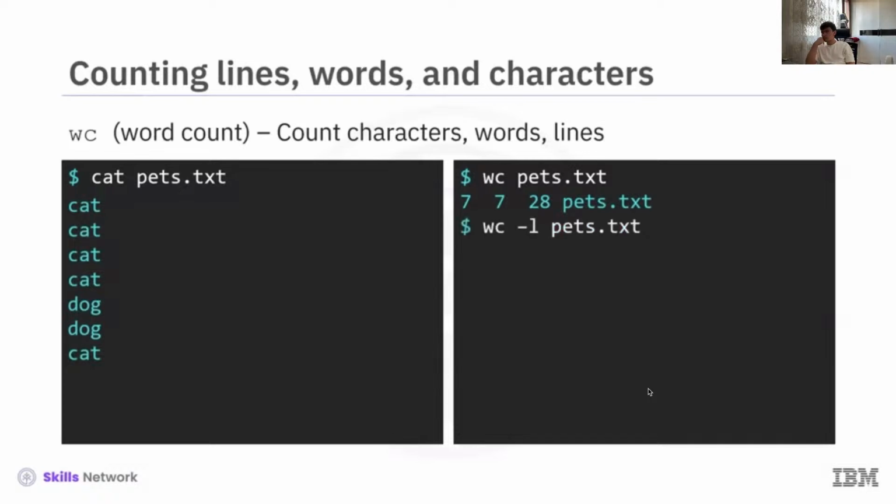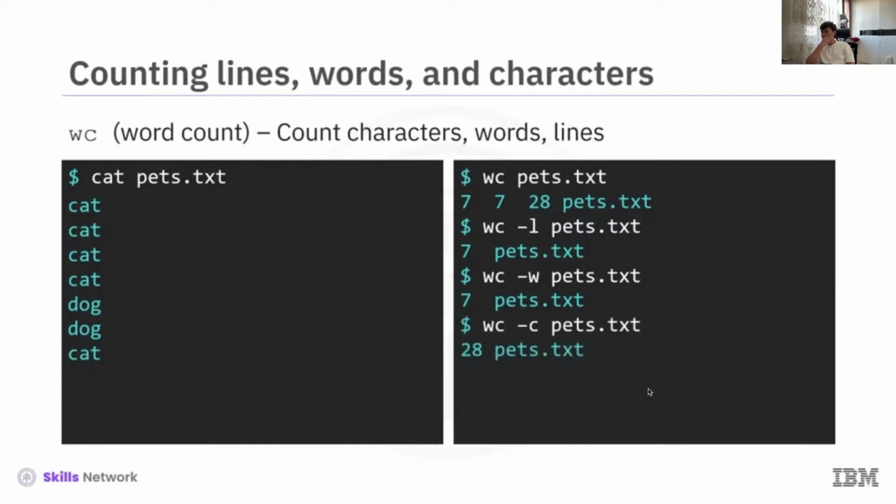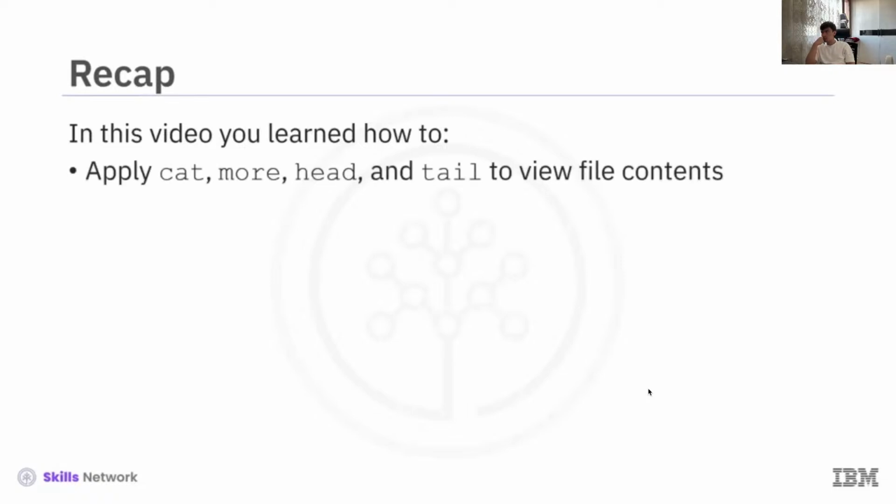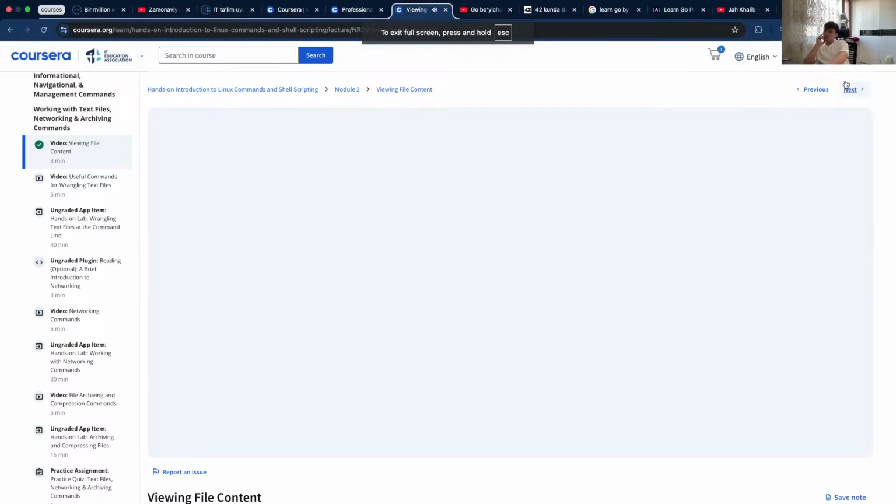To view only line count, you can use the -l option, which returns 7 pets.txt. And similarly, to view only word count, you can use the -w option. And to view only character count, you can use the -c option. In this video, you learned how to apply the cat, more, head, and tail commands to view file contents in multiple ways, and determine